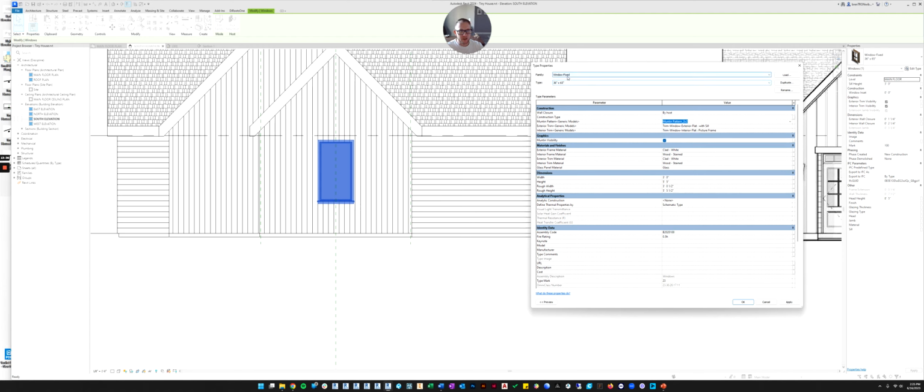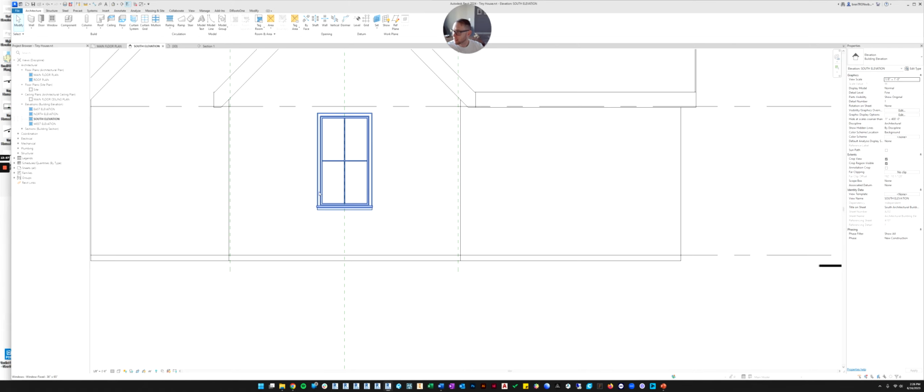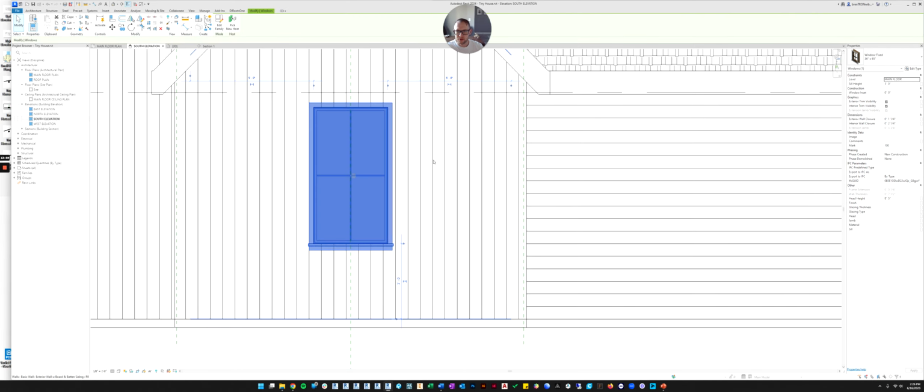So, okay, under the type parameters, you can come in here and you can see there's a muntin type. It says 2x2 pattern. Click OK. Oh, let's change it to fine. And now you can see that's in there.